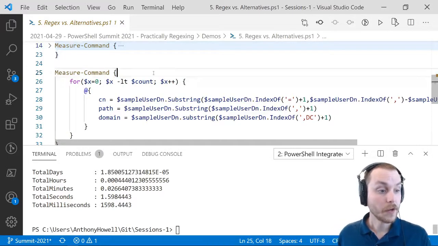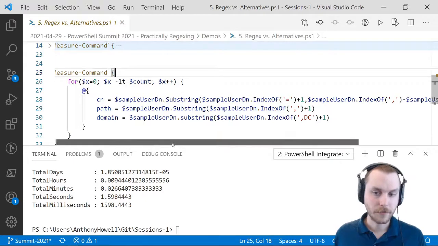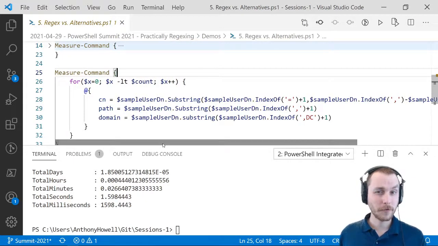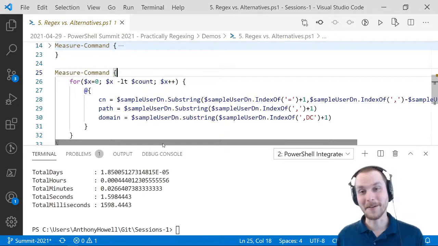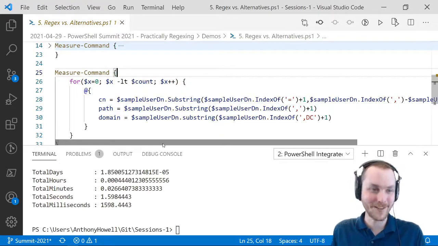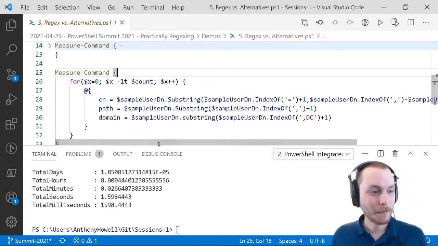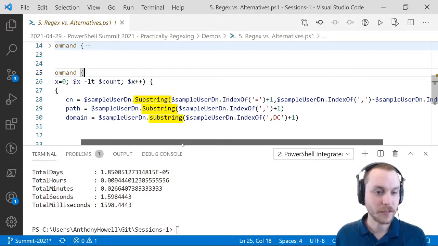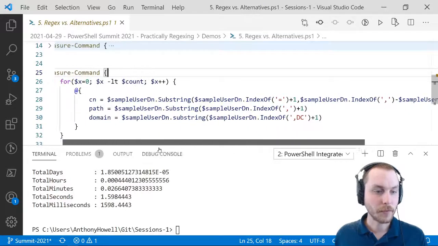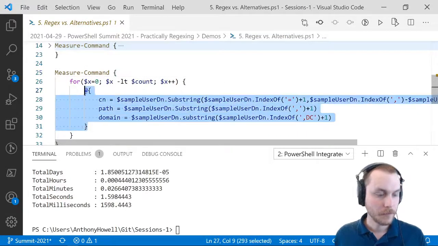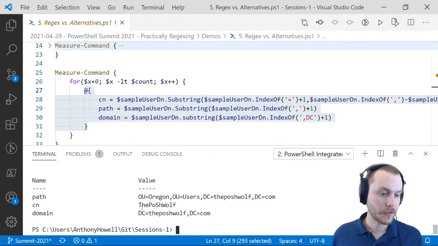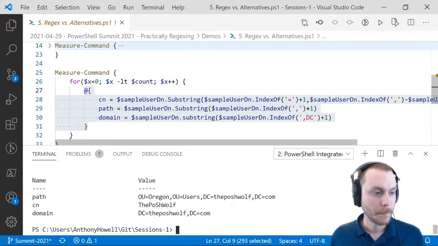But another way we can do this, and this gets really difficult to read, more difficult to read than regular expressions. I don't know, they both can be pretty difficult to read. But if we look here, I'm doing substrings. So I'm finding the index of different characters and doing substrings to get what's in between them. So if we look at this, we can see that we still get the path to C in the domain. Cool. But if we run this